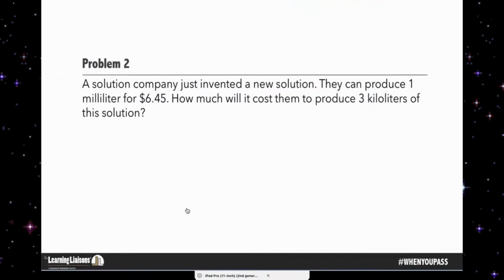A solution company just invented a new solution. They can produce 1 milliliter for $6.45. I am so sorry, y'all. How much will it cost them to produce 3 kiloliters of this solution? How much will it cost for them to produce 3 kiloliters of this solution? So,